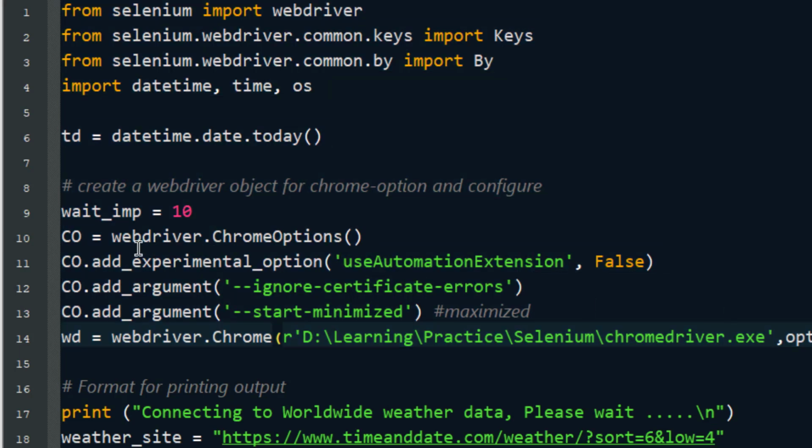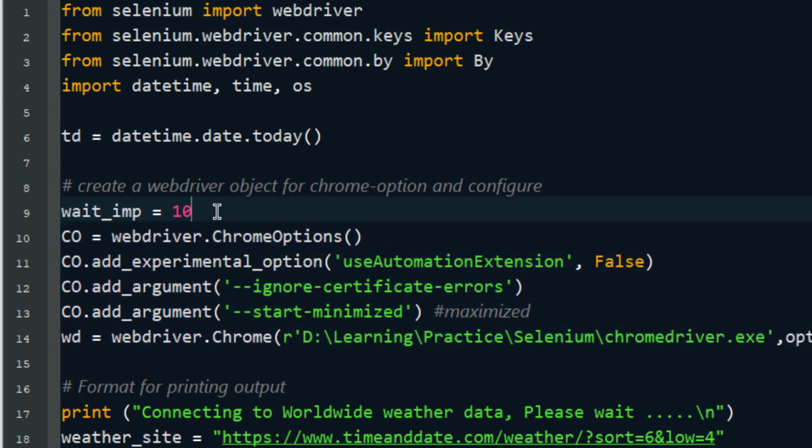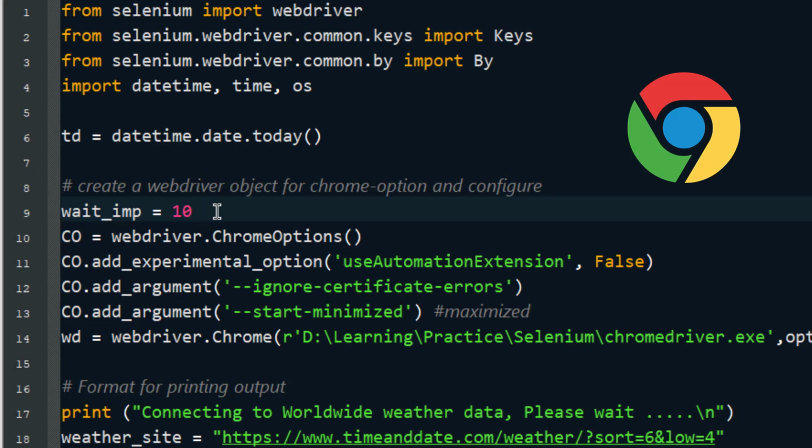Just quickly I'll recap. You need a Selenium WebDriver which you can download, and the link for the same will be given in the description of this video. I'm using WebDriver and the Chrome options with all these default settings so that it can take control of the Chrome browser automatically without any human intervention.